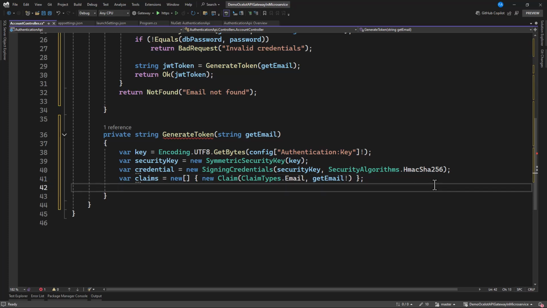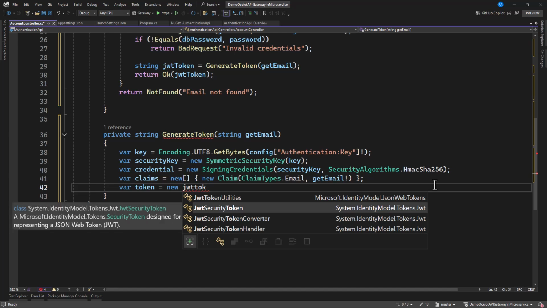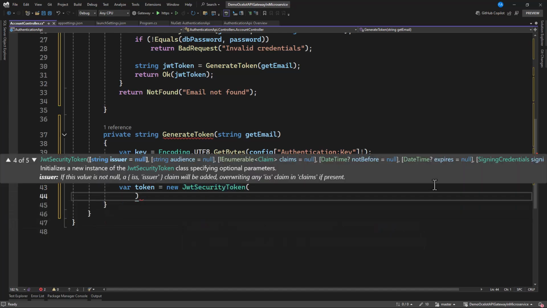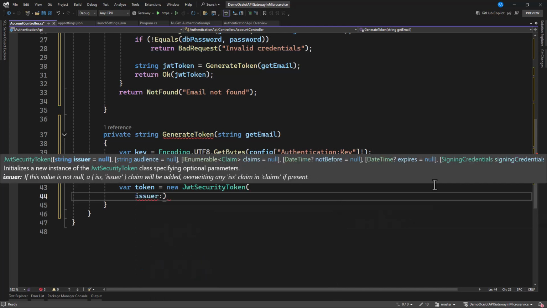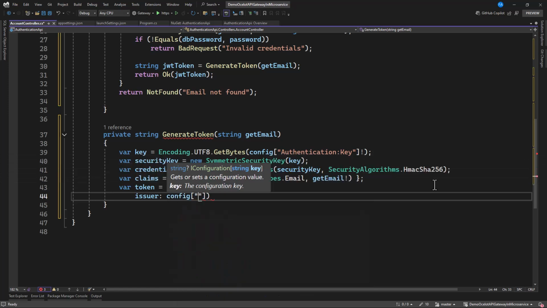Okay, so once you have this, now let's get our token, and this is equal to new JwtSecurityToken, and in that let's specify the issuer here. It is config, then we can have authentication issuer. Then we have our issuer.